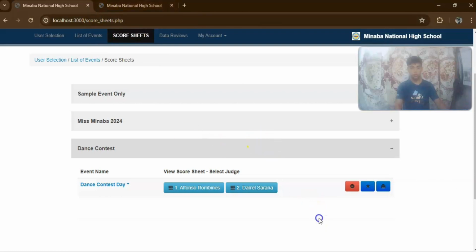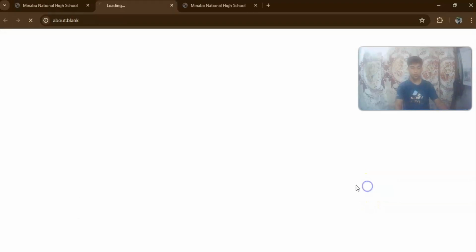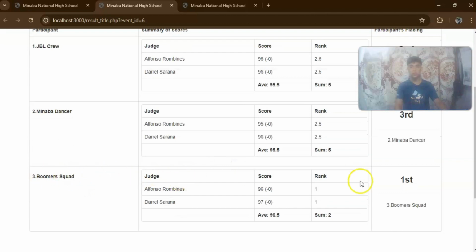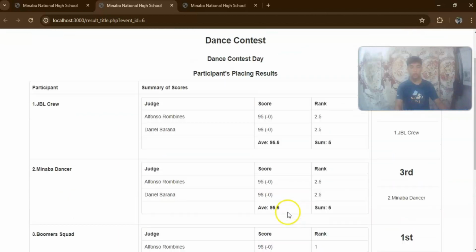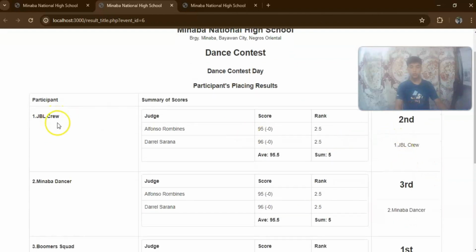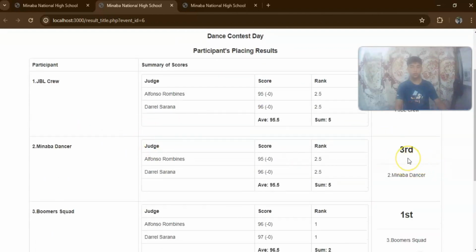Now let us see who wins the contest. As you can see, the winner is the Boomer Squad, who got a total score of 96.5, and the second place is the GBL and the Minaba Dancers.